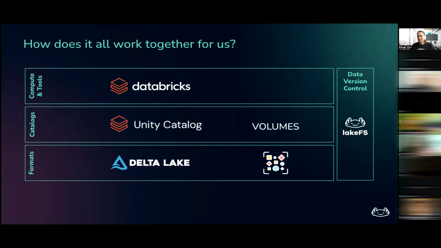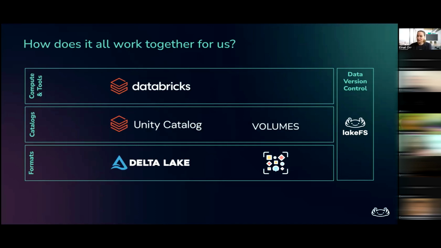probably in stages. Right now, there is a connector that allows you to read Iceberg, but you only write Delta tables. I assume in the next few months, we would see that change and Iceberg tables being managed in Databricks naturally. That would mean, of course, that Unity Catalog that we had a question about a few minutes ago would have to support Iceberg as well as Delta. And it has a capability called volumes that allow you to manage unstructured data as well, or at least the metadata of